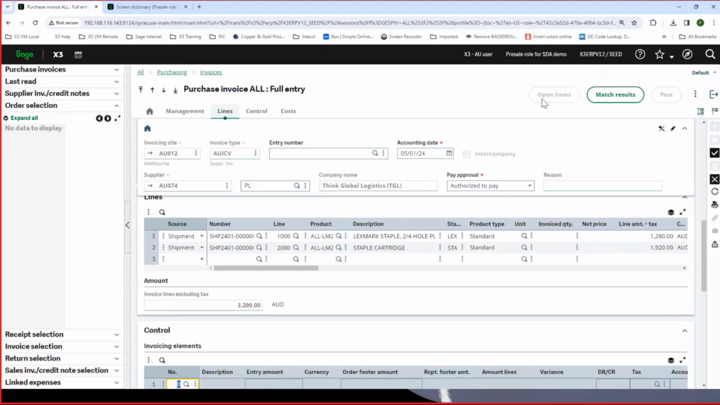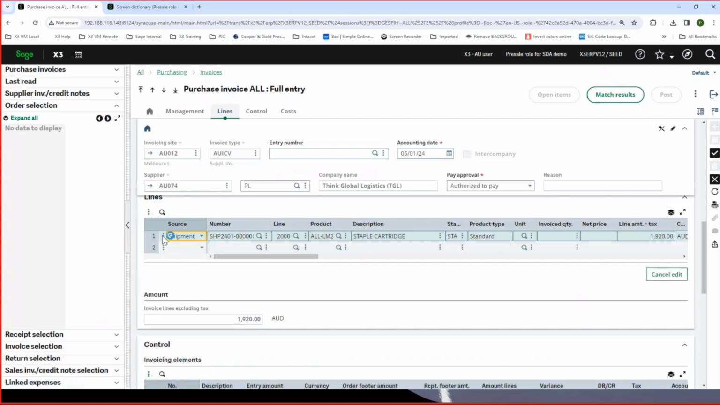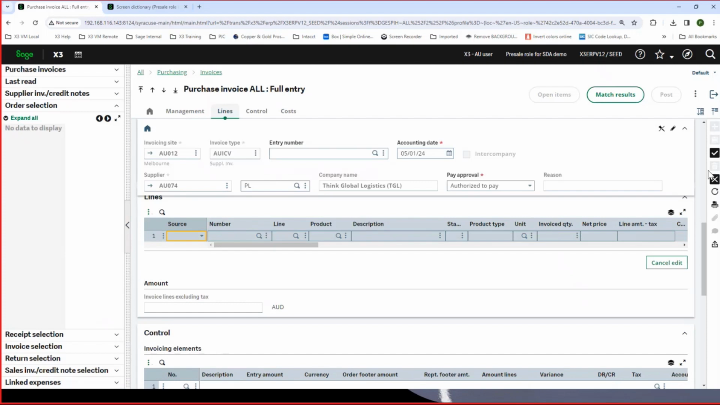Press OK. And what the system has done is that it's apportioned $3,200 based on the pro rata value of each line. So I've got 1280, 1920 in a portion to each line. Let's have a look to see if we had done it differently. So I'm going to delete what we've done so far and start again